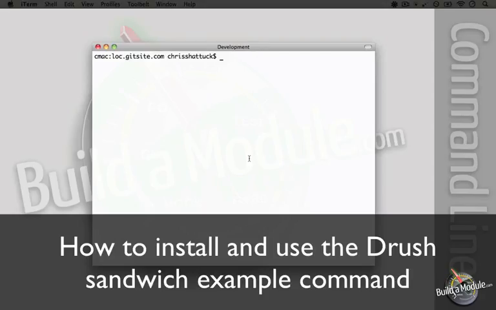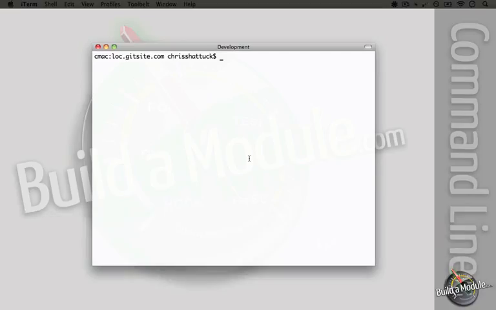In this video, we're going to look at how to create a custom Drush command. We're going to work off of an example that comes with Drush, and in the next video, we're going to implement the script that we created in previous videos in order to show the users that have last accessed the site as a Drush command. So let's go ahead and move through the process of enabling the example command.